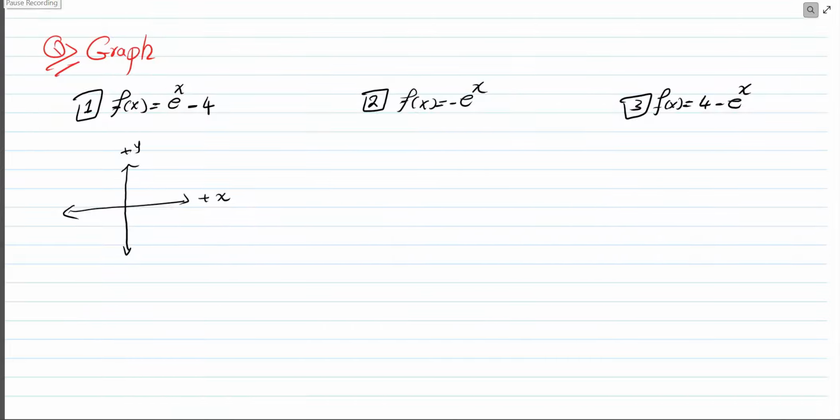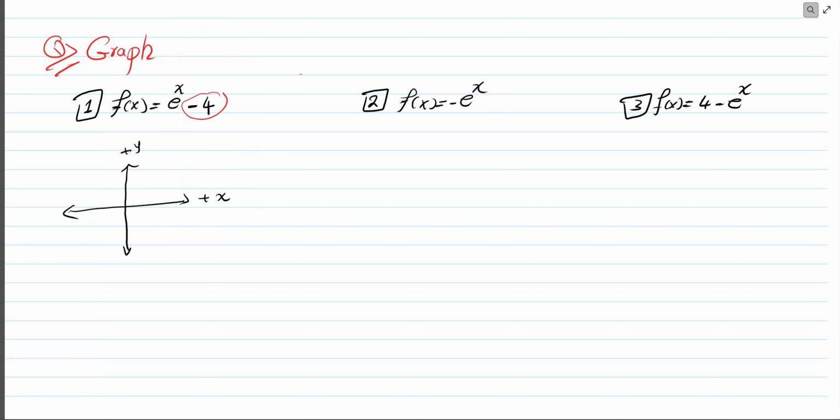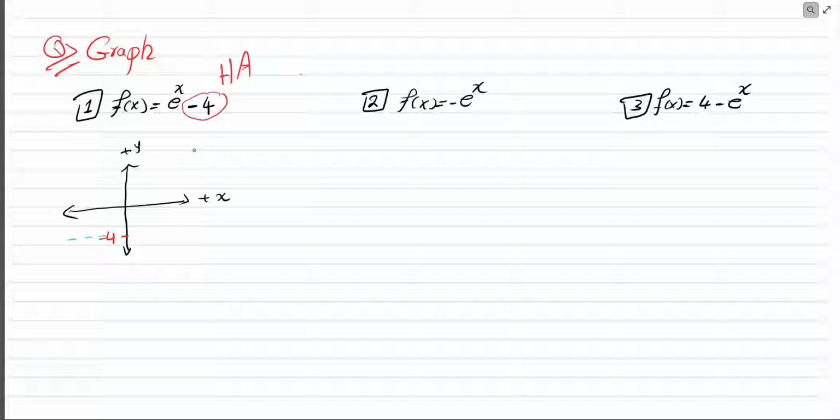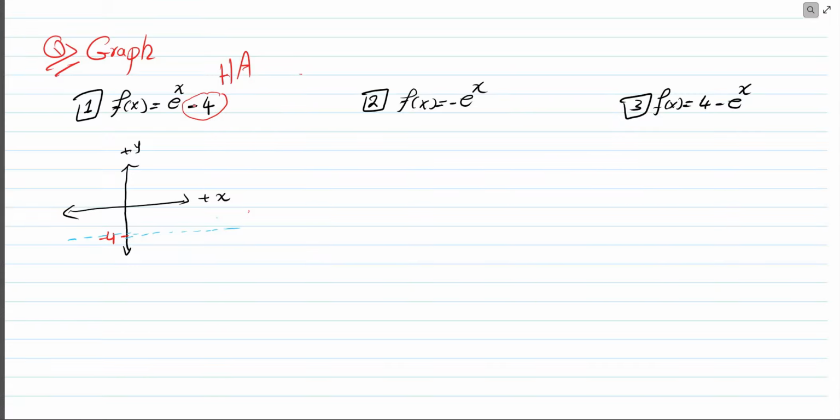How to graph this one, students? There is a number with the exponential and the number is -4. We call this one the horizontal asymptote or HA. I need to find -4 first on the y-axis. This is -4. Okay, good. Then after finding -4, you need to draw a horizontal broken line passing through this number. Okay, and the graph is going to start from -4,